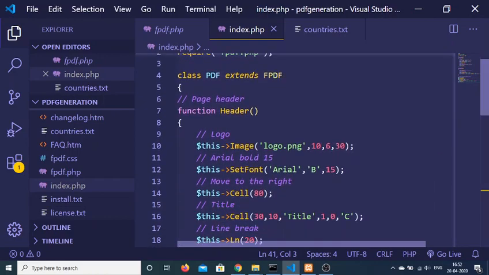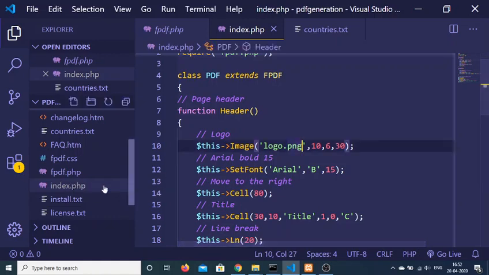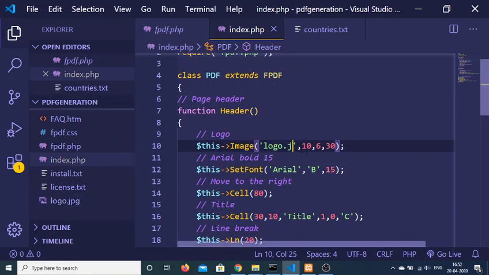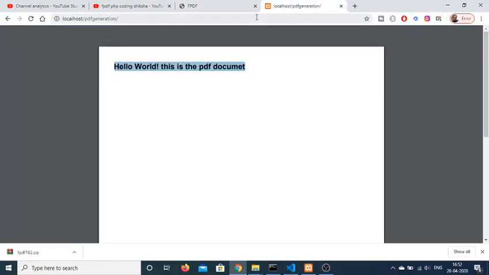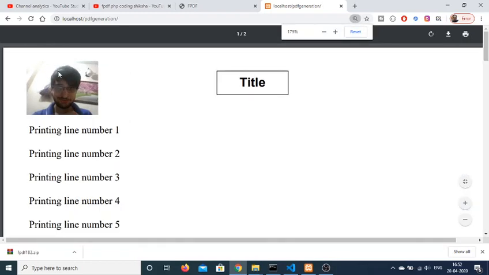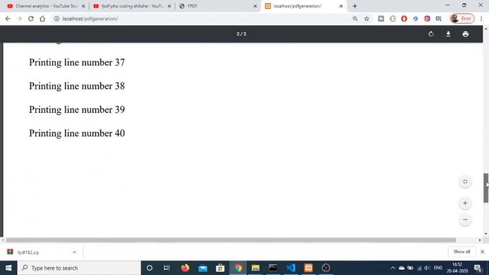With this Image method, you can pass any kind of image here. I have this image inside my directory which is logo.jpg, so I will just change this to logo.jpg. Now if I make these changes and refresh it, you will see that it will add this image to the PDF file. You can see that it contains 2 pages in the PDF document like this.